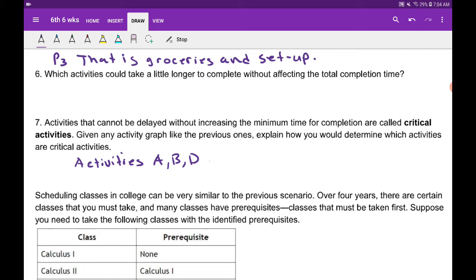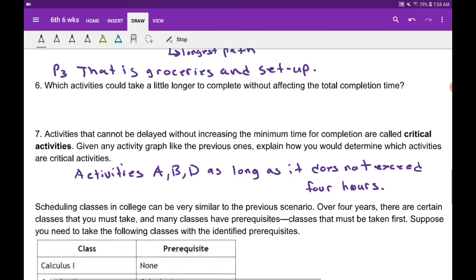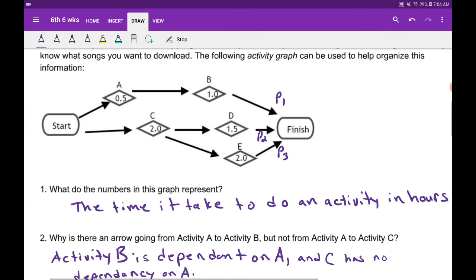So activities A, B, and D can be extended as long as it does not exceed the 4 hours. Okay, so again, like I said, since that longest path is our minimum project time, if we look at any of these activities that we're doing,